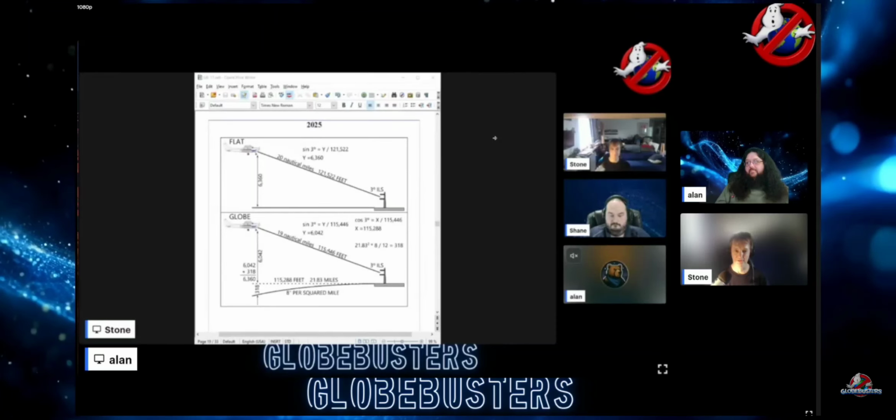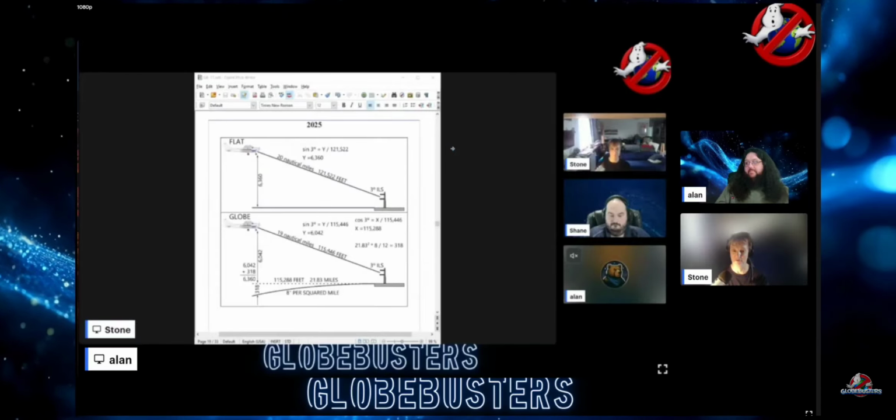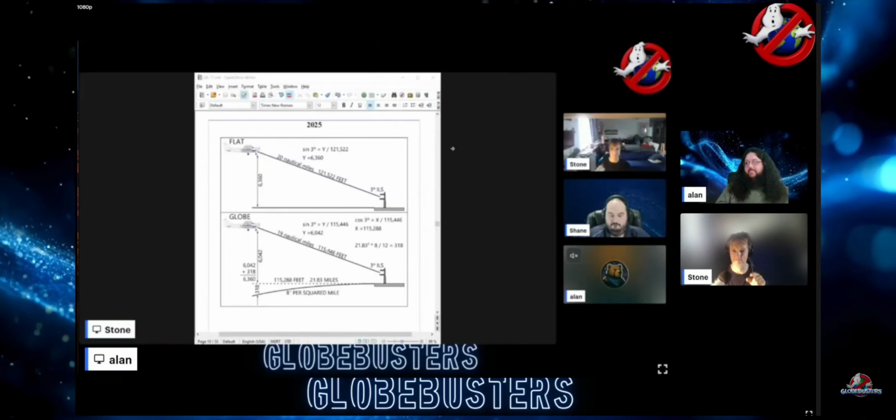And those are the things that we compute, like you see in these two scenarios. On the altimeter, if the reading is going to be the same at 6360 above runway altitude, the point at which we're going to intercept that 3 degree line is different for the two scenarios because of the globe drop-off, like you see at the bottom at 8 inches per square mile. There's 318 additional feet of drop-off there that are going to cause the plane in the globe scenario to appear lower relative to the tower, which is the fixed component of this analysis.